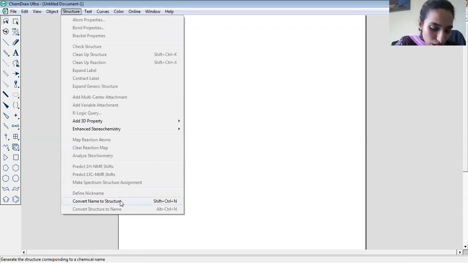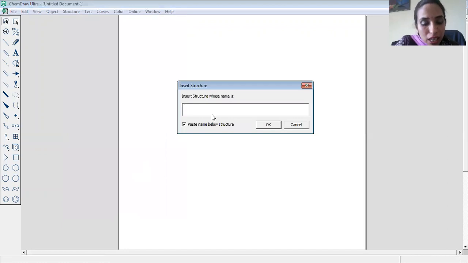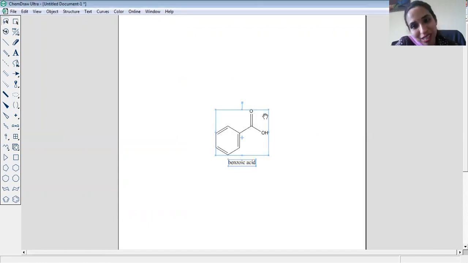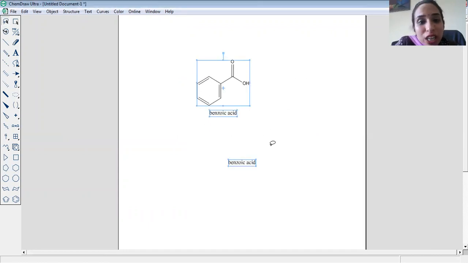Fine. Just click it and write the name here. If you want to draw any structure, for example, I am drawing benzoic acid. Fine. I'm just writing down the name. If any person is not so familiar with the bonds or atoms, all that, just draw the structure. Now you can see. Fine. No need to draw any structure. It is so convenient. It is user friendly. Just you have to click the option.